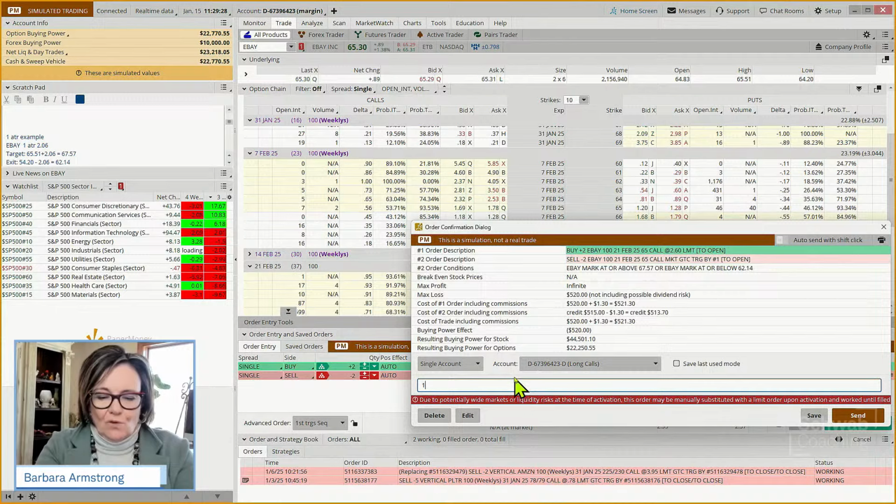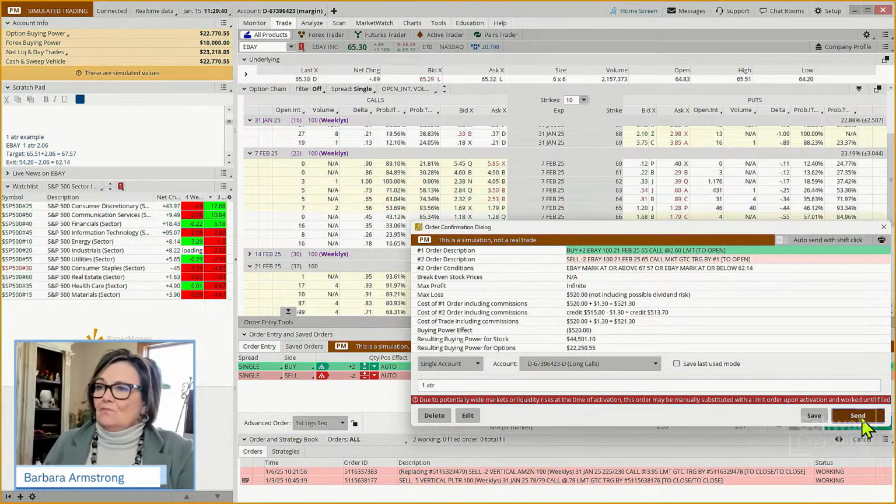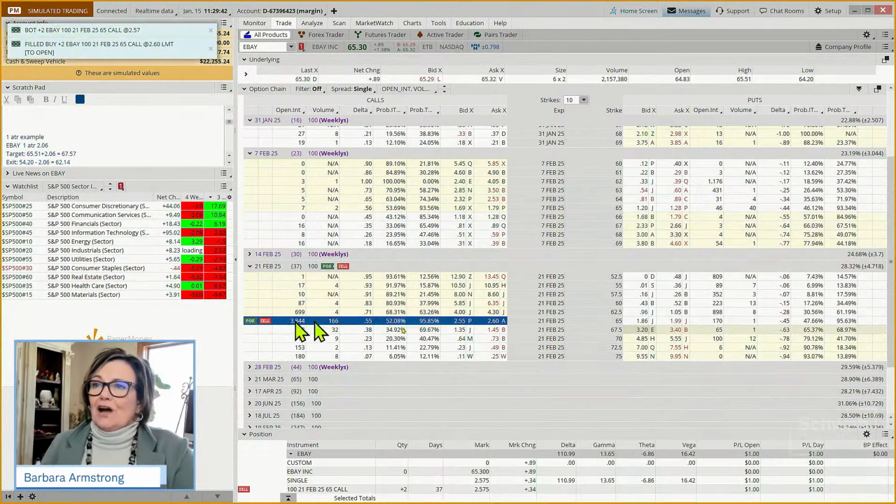And this is a 1 ATR. So if you're looking at how to manage it, when you look at your calls, a swing trade has a different set of management rules than a 1 ATR trade. Just if you needed a reminder. So we're putting that in. Okay, so there's our first one.